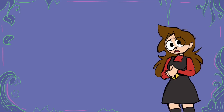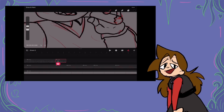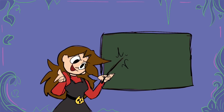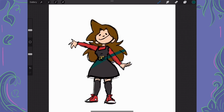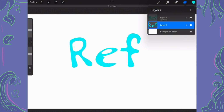Procreate Dreams is missing a lot of layer functions from base Procreate. While they might not seem like a big deal, you really start to miss them when they're not there. The features I'm talking about are Alpha Lock, Reference, and Merge. If you don't know what these do, here's a quick lesson. Alpha Lock makes it to where you can only draw on what you've drawn already. Reference uses whatever layer you've activated as the reference for things like color dropping. And Merge